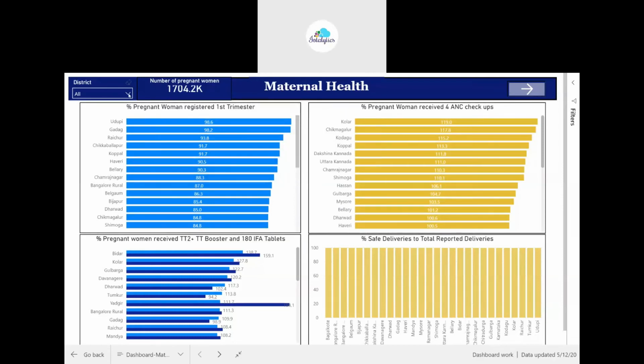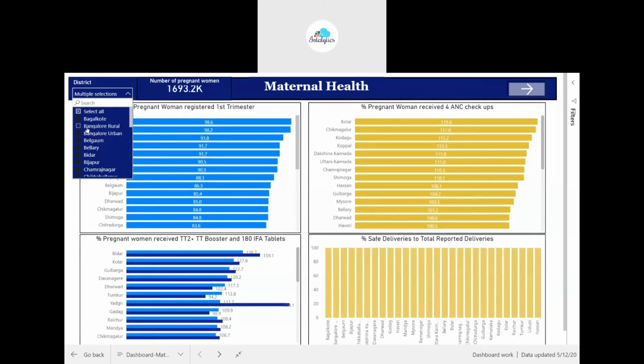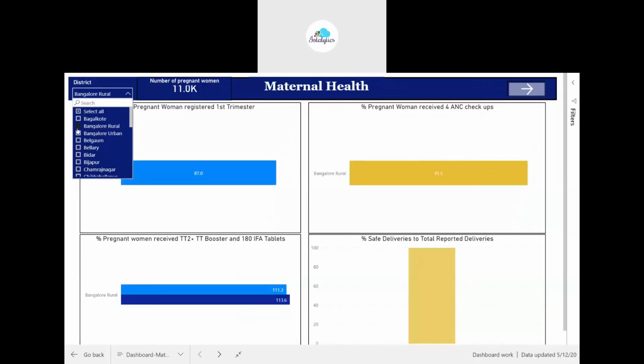For this, I have kept a drop-down menu. If I want to see only Bangalore Rural, I just select Bangalore Rural and I get the Bangalore Rural data.